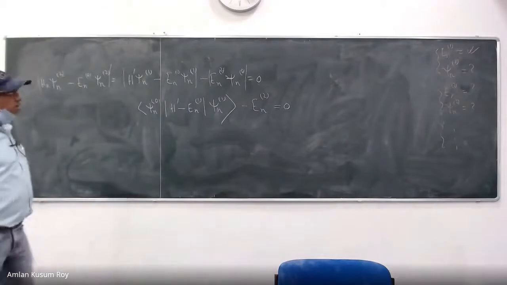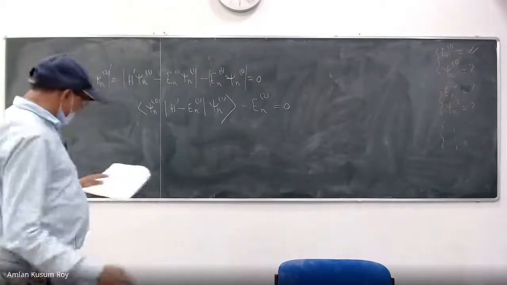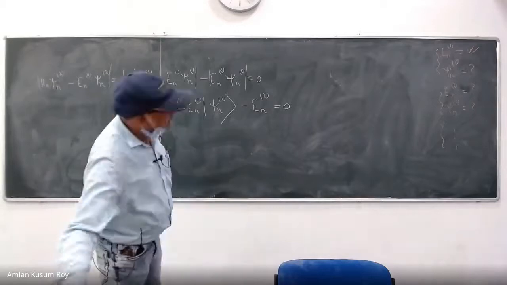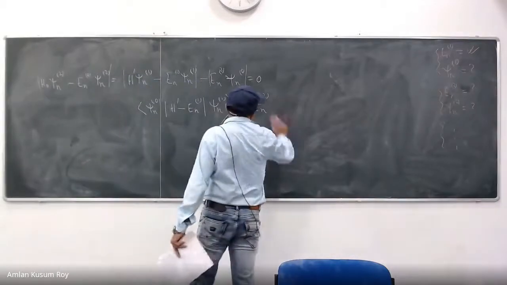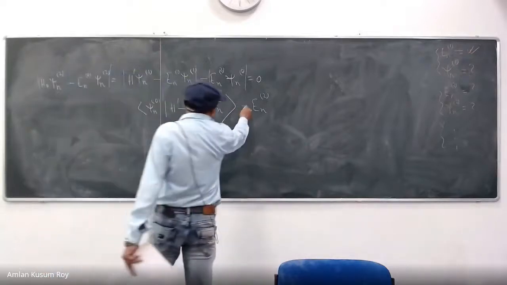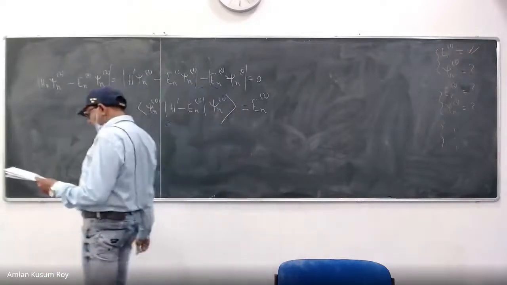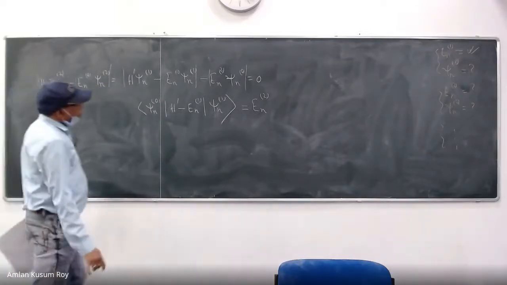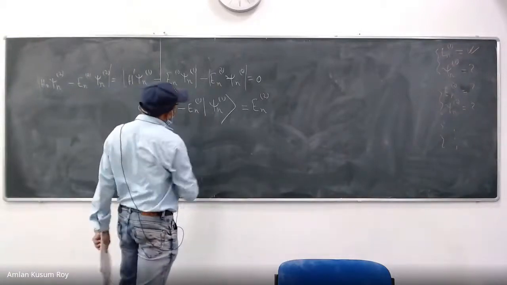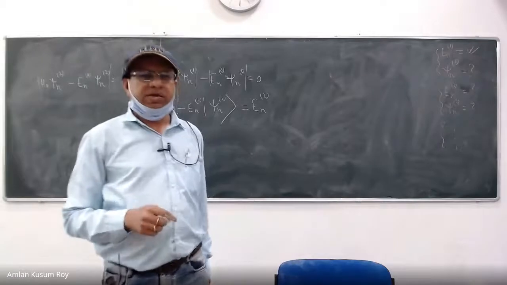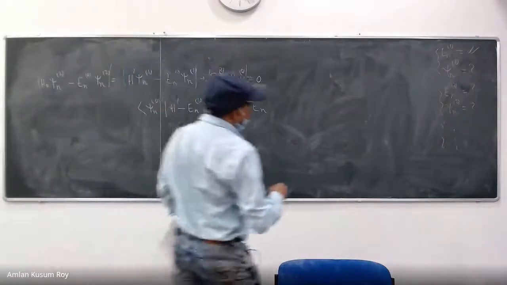So now En2 has come in closed form. I can write it like this: En2 = ⟨ψn0|(H' − En1)|ψn1⟩. Look at this expression. It is easy to write this equation, but this is not a working equation. Can you tell me why? I can immediately write the first order energy correction.